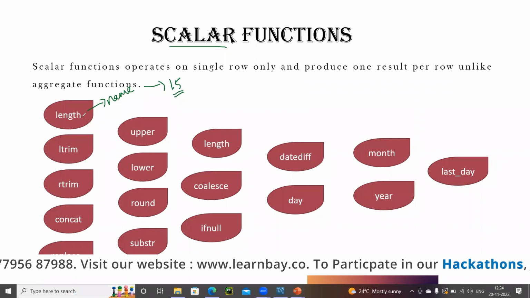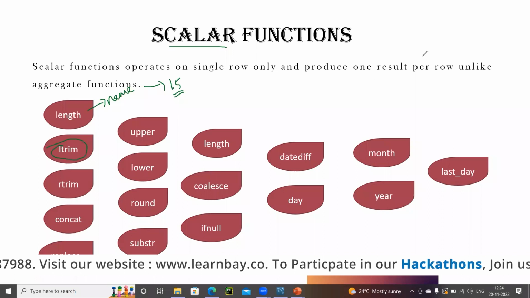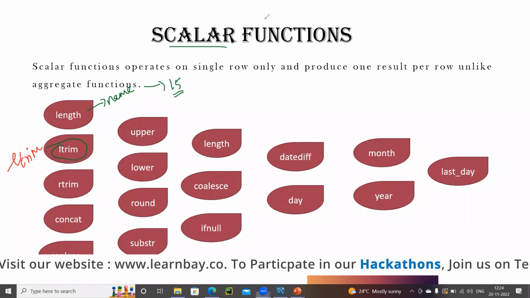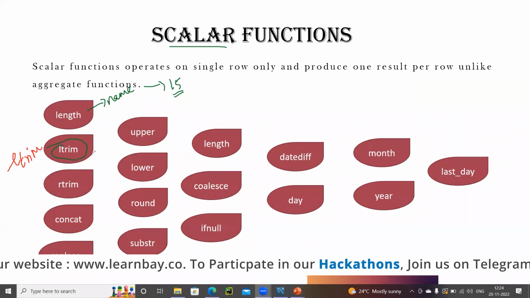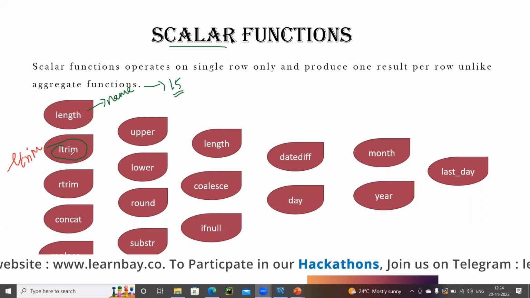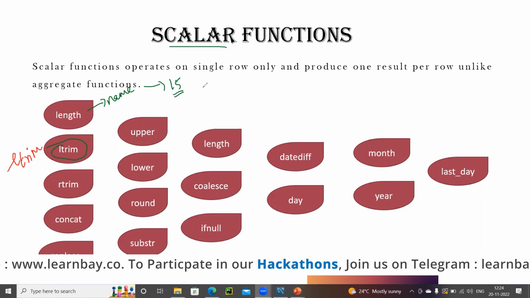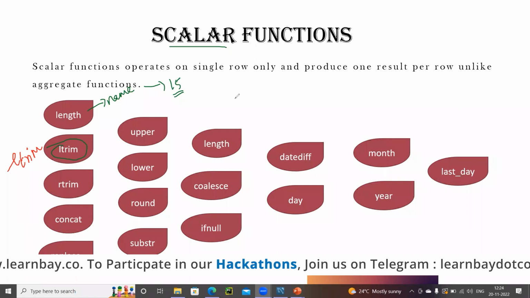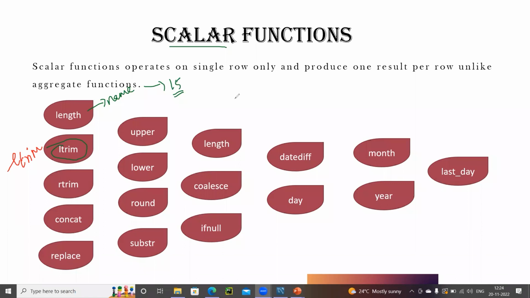So you know what will happen when I write a length of. Any idea what will happen when I do an L trim of? L trim. Have you heard this or have you used this before? What do you think will happen when I do an L trim? I'll give you a clue. It can be applied on a string based field, only on a string field, by the way. See, it's basically when you do an L trim, any leading spaces on my value, it will trim out. It will take it out. Okay, let me quickly show them